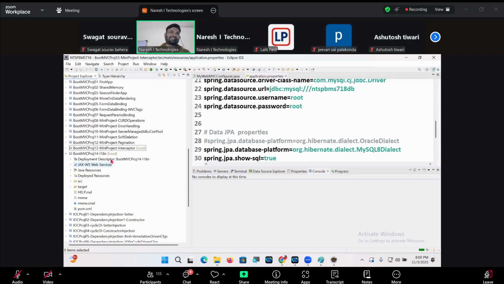Do I need to write something in the href attribute or not required?